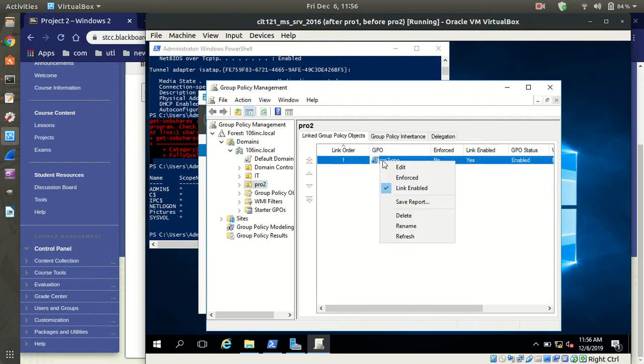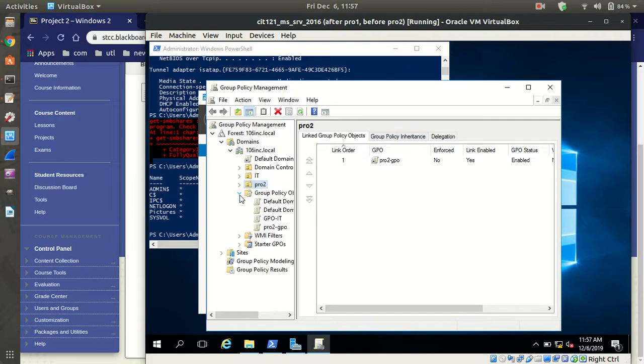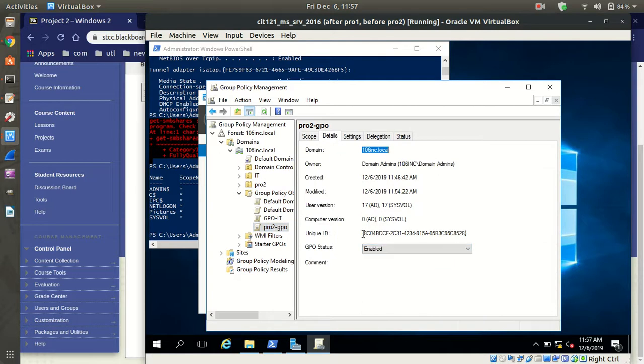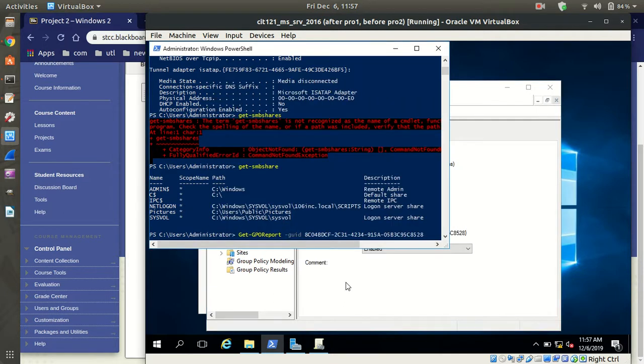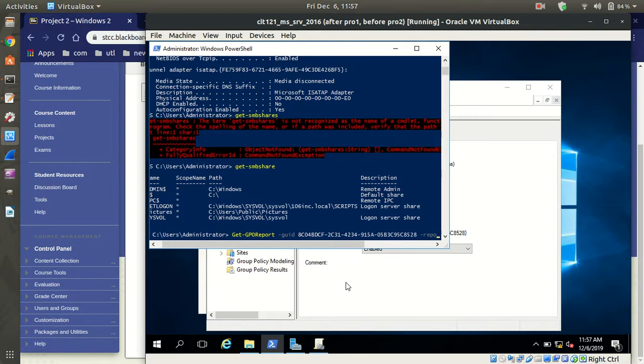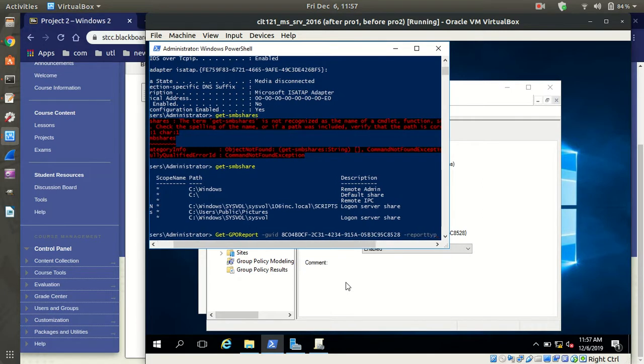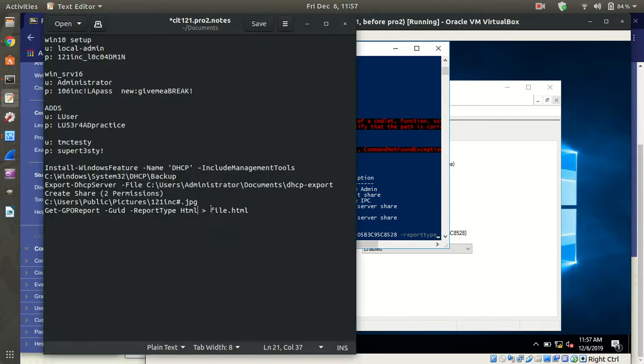now if I go into the Group Policy Objects container and go into the pro2 GPO and I go into details, there's going to be the GUID. So again, we're going to work smarter, not harder. I'm going to copy that and paste that into there, and then we've got to do report type. Report type, all one word, I suppose. I should check my notes on that. Yep, report type, all one word, and we're going to make that